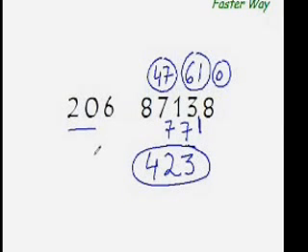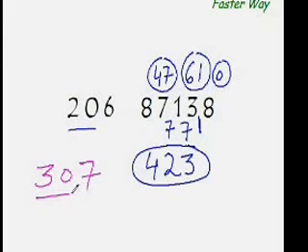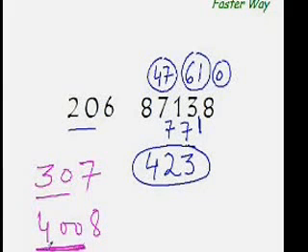So by now you must have realized that this method will work extremely well as long as your main divisor is a manageable number, is a friendly number. So if it was like, let's say 307, then also 30 is a manageable number, it would not give you any problem. Even if it was, let's say 4008, then also you can easily divide it, because 4000 has 400 as your main divisor, and it is not at all difficult to divide with 400.